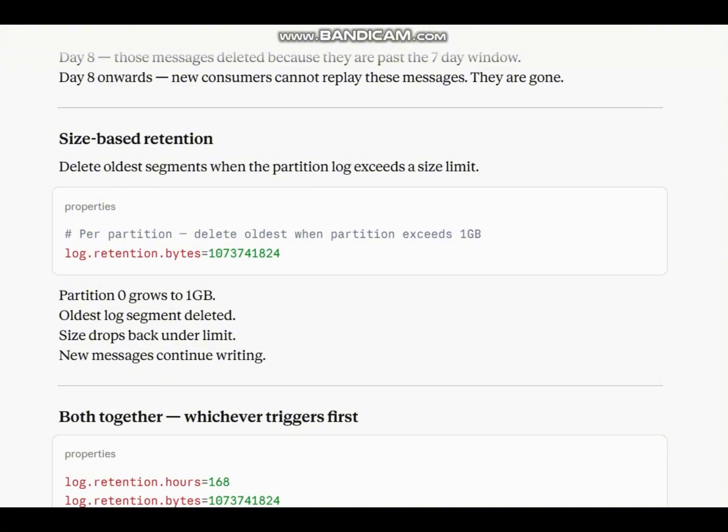Size-based retention deletes the oldest segments when the partition log exceeds a size limit. Code block. Partition 0 grows to 1 GB. The oldest log segment is deleted and size drops back under the limit. New messages continue writing. Both together, whichever triggers first. Code block. A high volume topic hits 1 GB in 2 days,